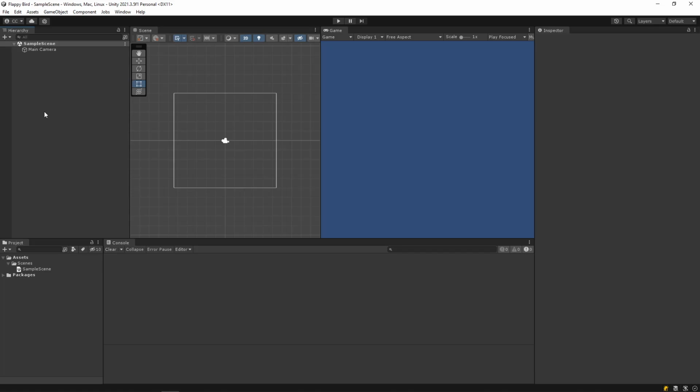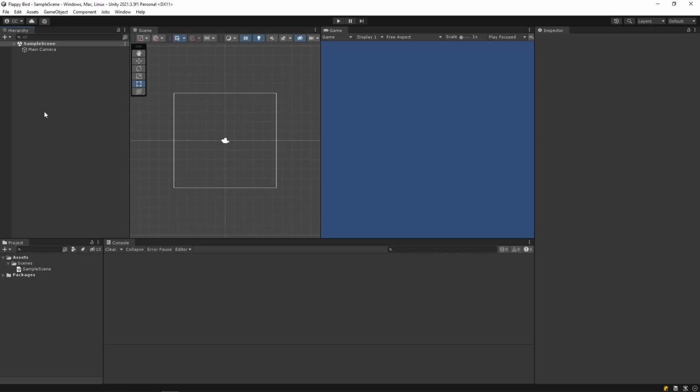And it can be a little bit more advanced than that. Like the main menu, for instance, is a scene. You might make the pause menu a scene. Don't do that, though. You might even make the underground level in a particular level its own unique scene. It's really just a collection of objects. Objects might be players, enemies, the level itself, like bricks, and coins, all that kind of stuff. In the case of Flappy Bird, it is a bird and the pipes and maybe the background and music as well. So that's what a scene is.